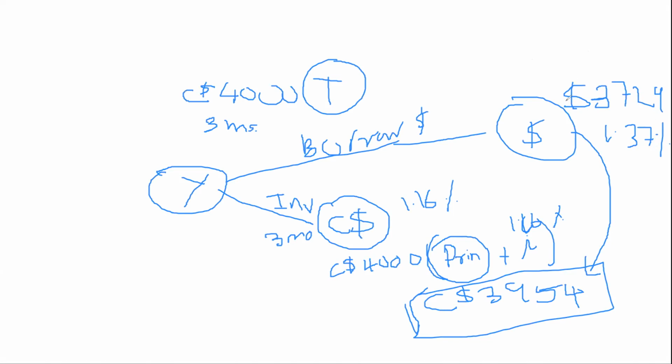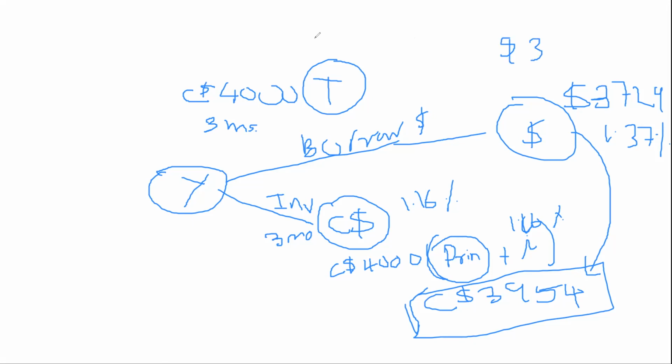Then you are taking the loan from the bank in terms of US dollar 3,729 at the rate of 1.75%, right? Then at the end of the 3 months, you need to set off this transaction, right? You need to set off this loan amount. Then you will get the total amount as